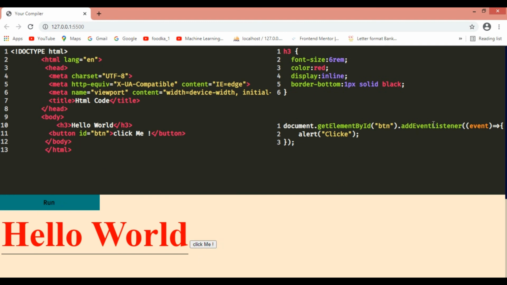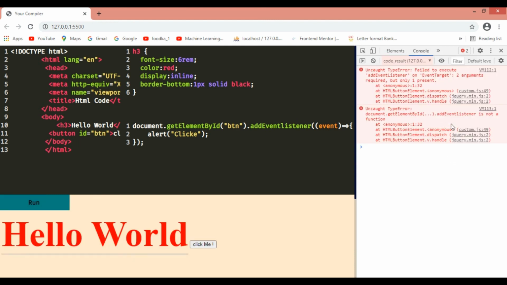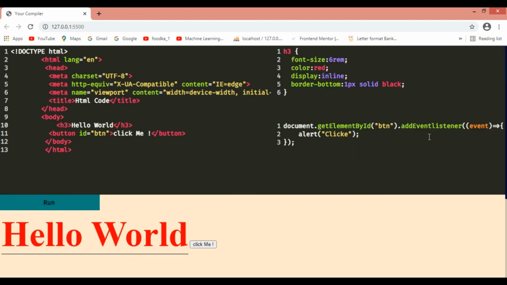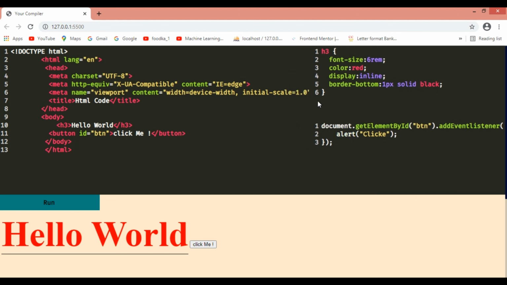I think so there's some syntax problem. Okay, let me inspect this thing. Okay, there's some problem with the syntax.